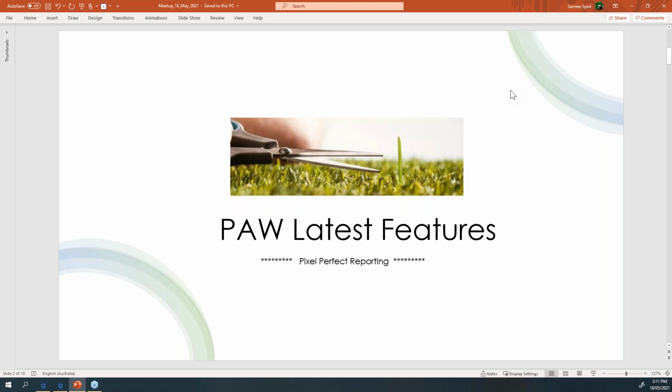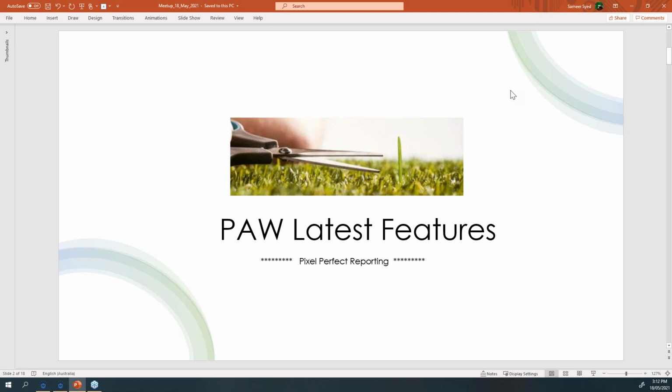In today's session, one of the themes will be pixel perfect reporting. One of the things I have noticed in Workspace since it was created was that it was good at dragging and dropping. And the one thing all the customers used to ask is how good it is when we compare it with, say, Power BI, for instance. As we all know, Power BI can have good looking dashboards and pixel perfect reporting as well. So that was something which was lacking with PAW for a very long time.